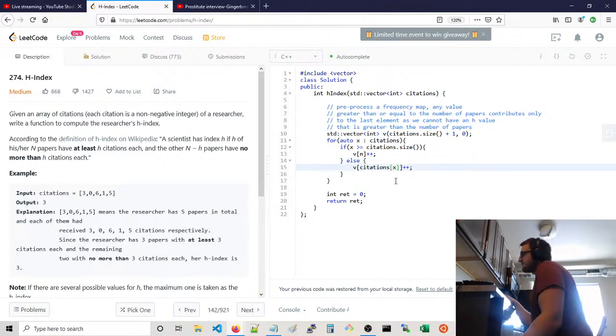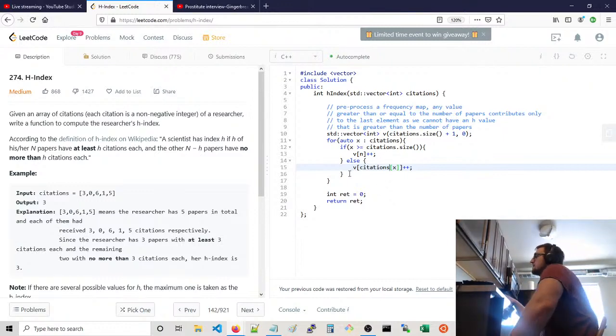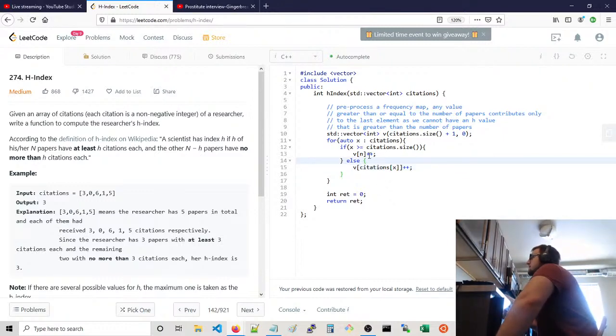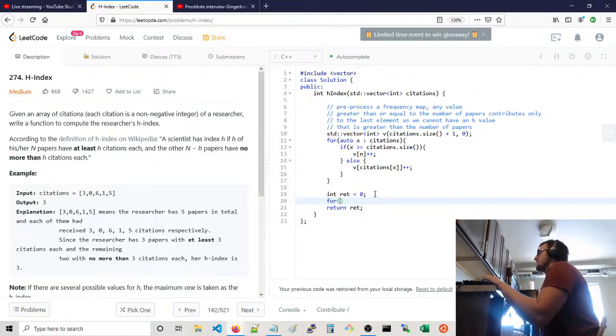So the index will keep track of how many papers of that value we see, and anything greater than or equal to the number of papers we have just gets thrown into that last bucket at the end. Then we go from the back, which is citations.size, or really V size minus 1, with i greater than or equal to 0, decrement i,